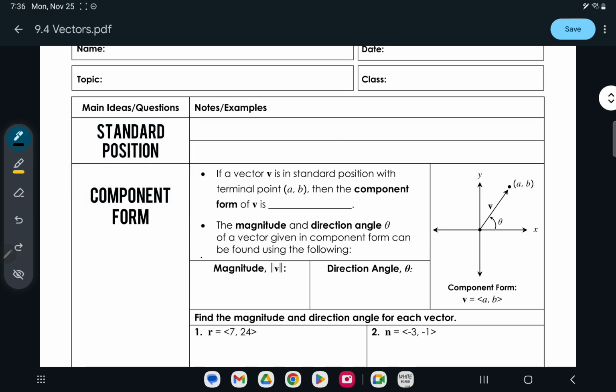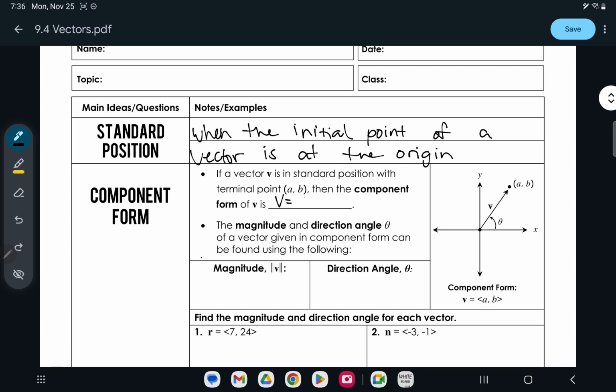All right, standard position of a vector. Standard position is when the initial point of a vector is at the origin. If a vector is in standard position with the terminal point AB, then the component form of V